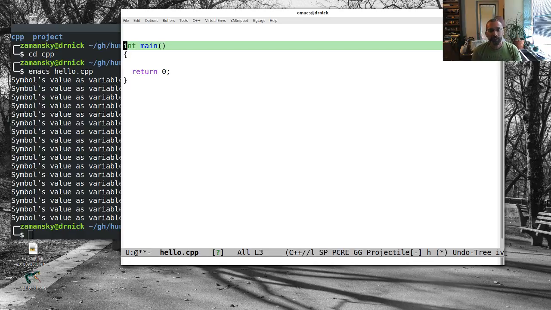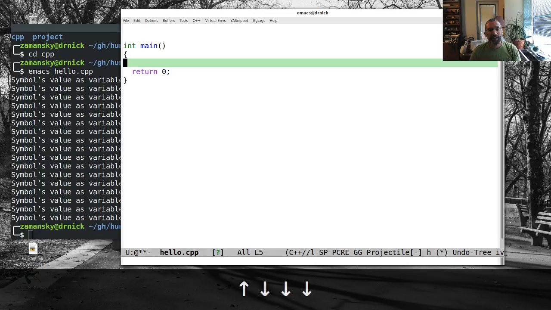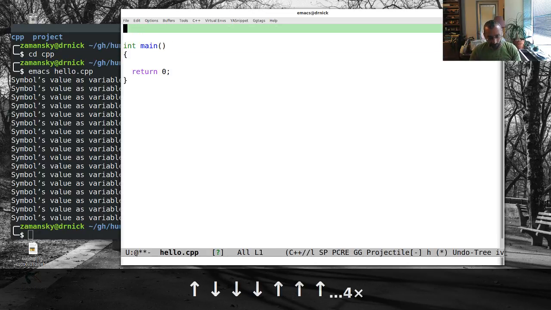In C++, and this is actually in C, the truth is this goes back to C, you can just have functions, which are like methods that are not in classes, all over the place. And so this is your basic program, and we're going to,